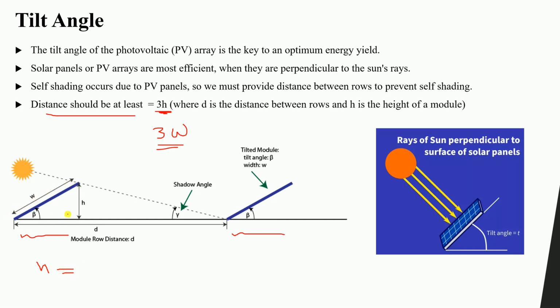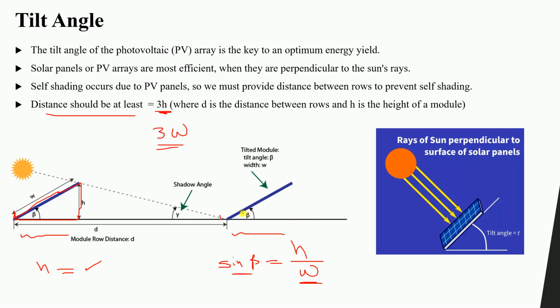From this right triangle, sine beta equals opposite divided by the hypotenuse, which is h divided by the width of the panel. So the height is equal to the width of the panel multiplied by sine beta. Now the distance between here and here should be at least 3 times this h